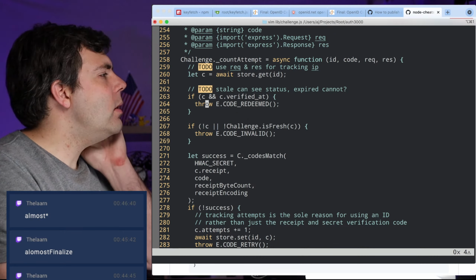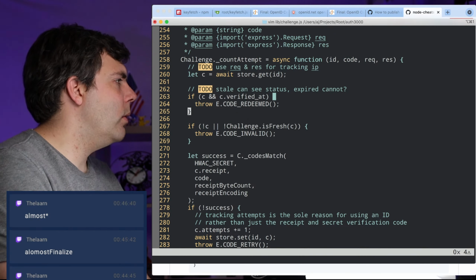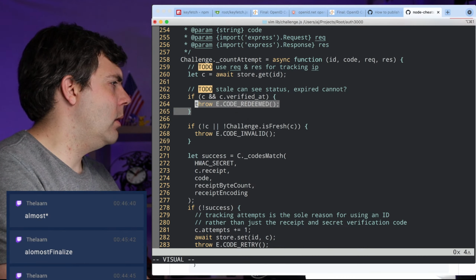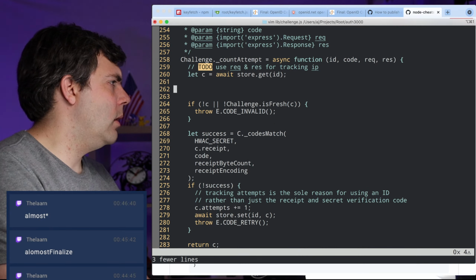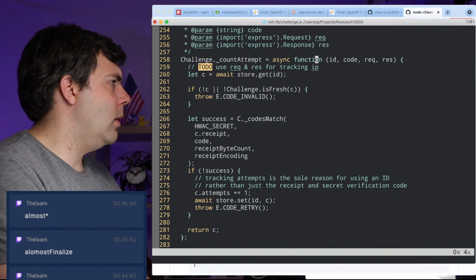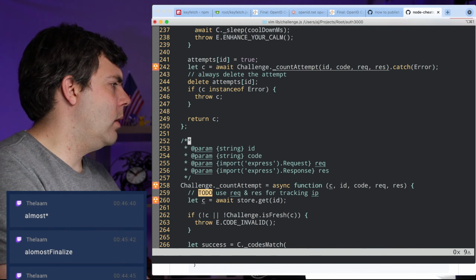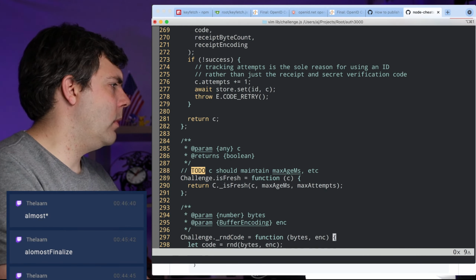All right, so I actually don't want to throw redeemed. Okay, maybe I do want this though. Where is redeem?